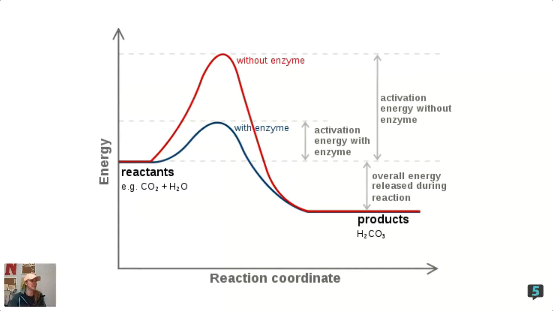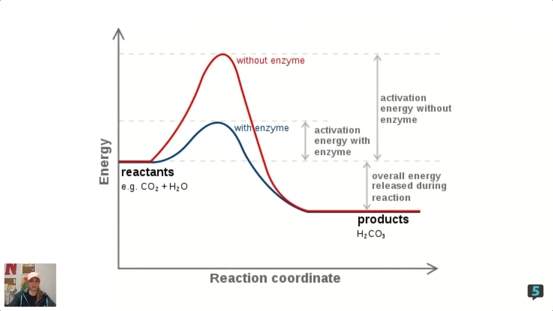So a Prius can get like 40, 50 miles to the gallon. I don't know what the latest one is. It gets places very efficiently, very quickly, and it doesn't need as much gas, okay? However, a Hummer takes much more gas and it doesn't go nearly as far. So that would kind of be like this without enzyme. You'd be spending all this extra energy to get to the same place. Why would you spend all the extra time and money when you could get to the same place for a lower cost, energy-wise? That's what enzyme catalysis is all about.